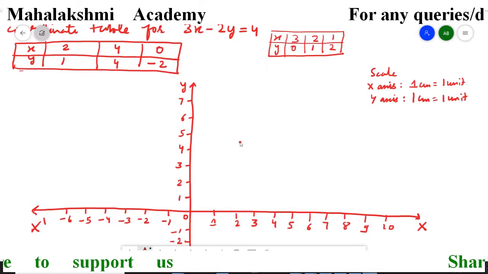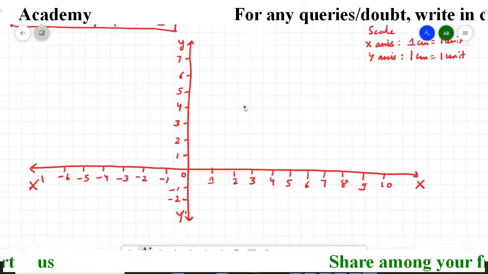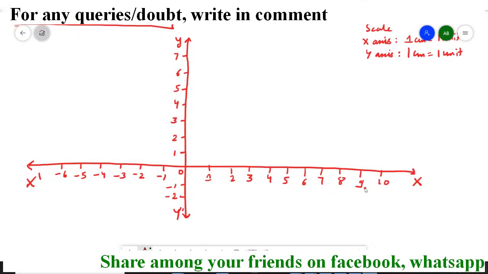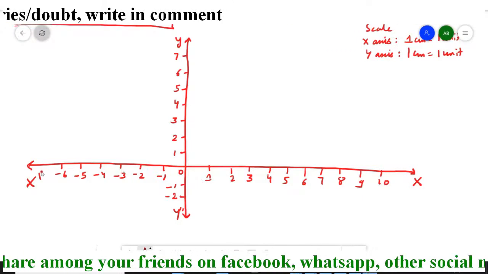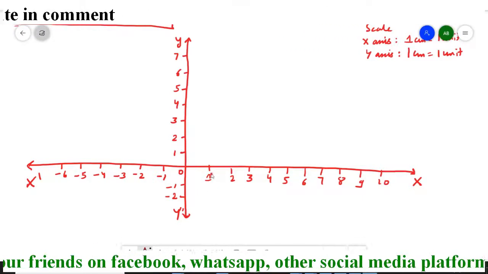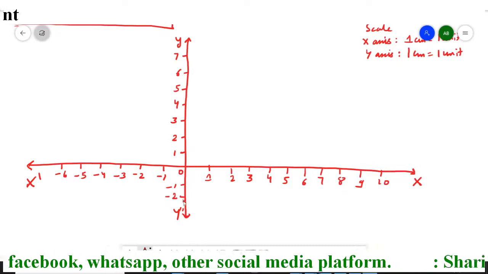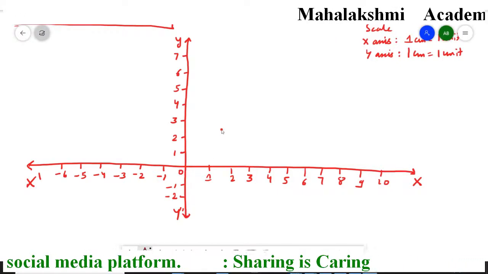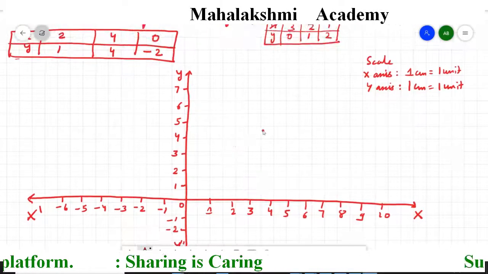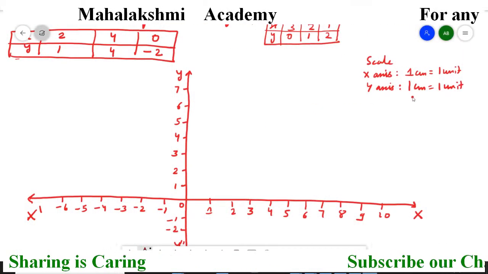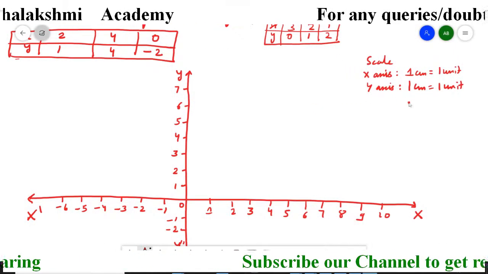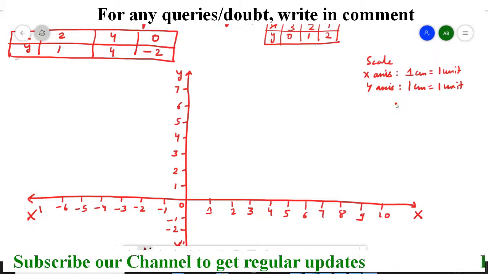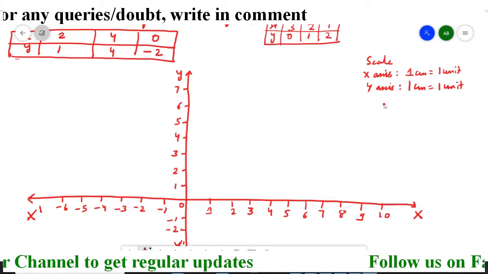So when we locate all the points, the graph will appear like this. The positive numbers you just take on this side and negative numbers on this side. So this is named as x-axis, and this is going to be our y-axis, and wherever they will intersect, it's going to be the origin. Now in the graph, in this corner you have to write down the scale. It's very necessary. This scale carries 25% weightage of your marks. That's why write down scale very properly.